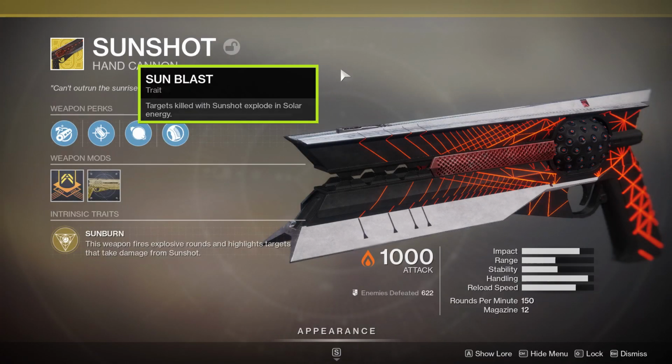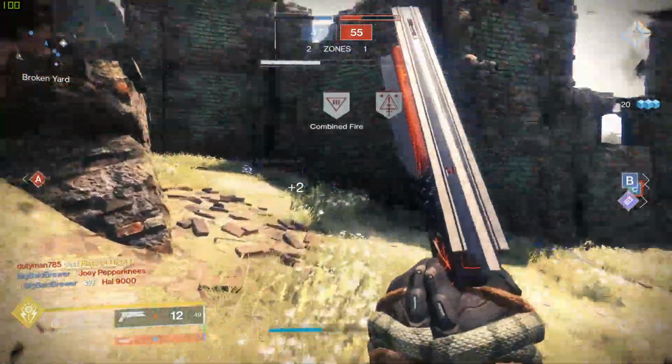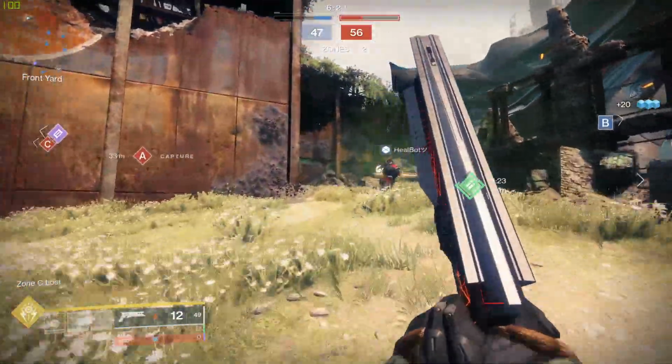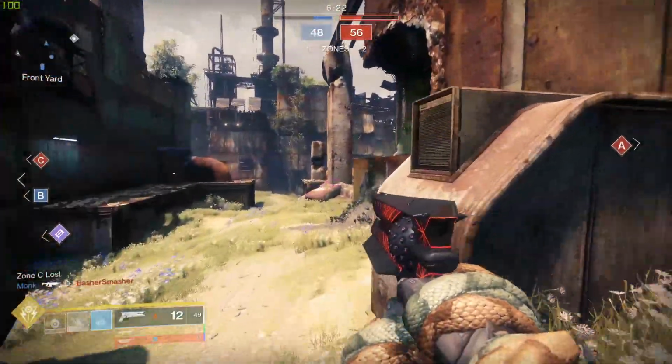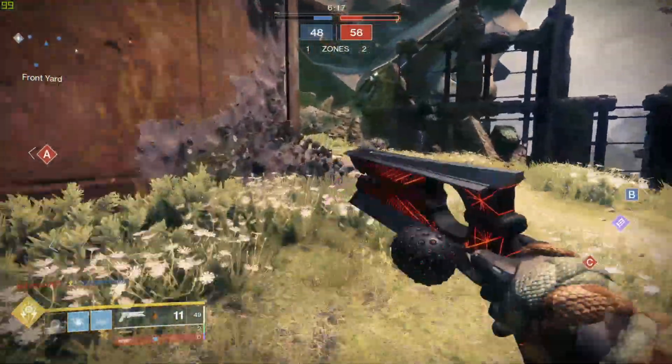The exotic perk on this weapon is Sunblast. Targets killed with Sunshot explode in solar energy. Lastly, you have a textured grip. This greatly increases handling speed and slightly decreases stability. You can also acquire a masterwork for the Sunshot, which will greatly increase range and stability once unlocked. I have it acquired, I just need to put in a little more work with the gun to get that